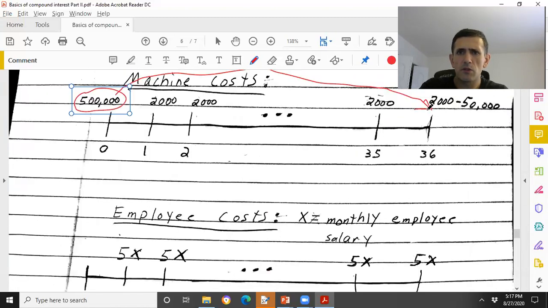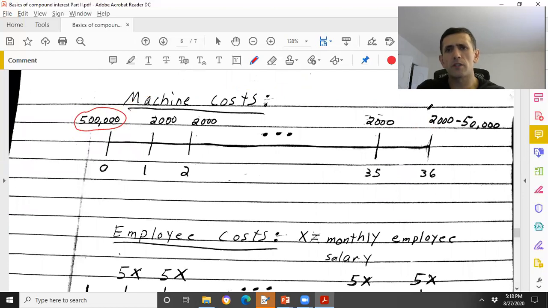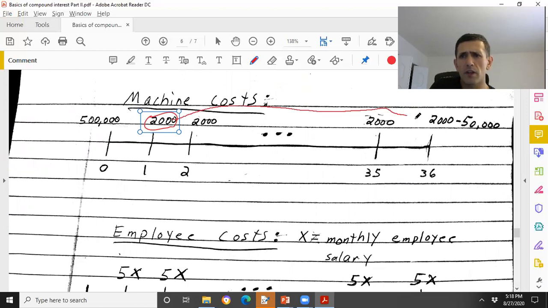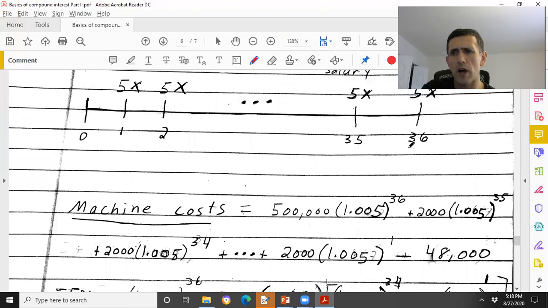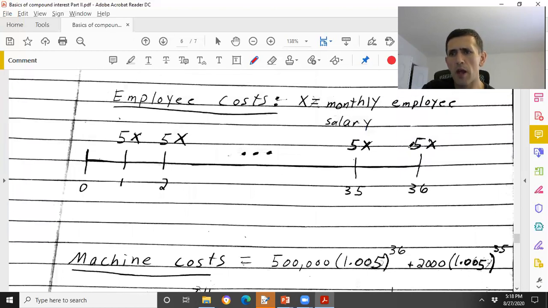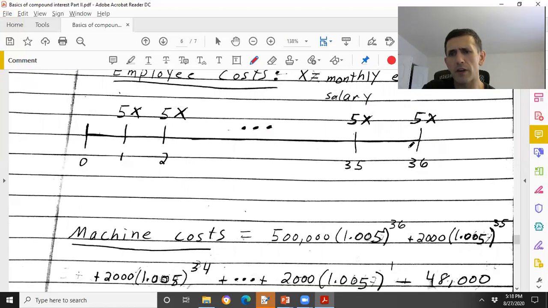Okay. What about the next $2,000? Well, that accrues 35 months of interest. So the value of 2,000 at the end of the 36 months is going to be 2,000 times 1.005 to the 35. And we keep doing this until we finally get to the very last